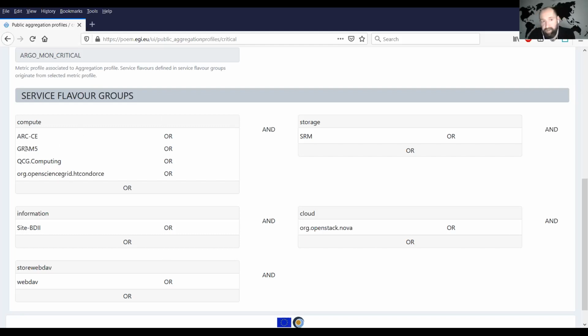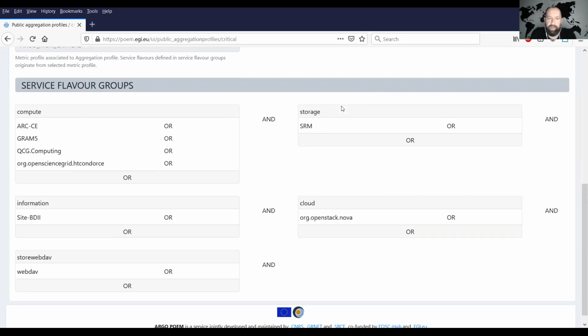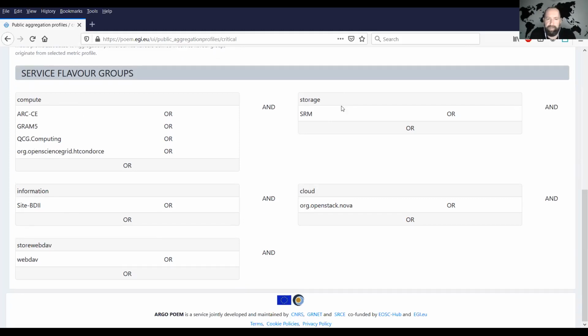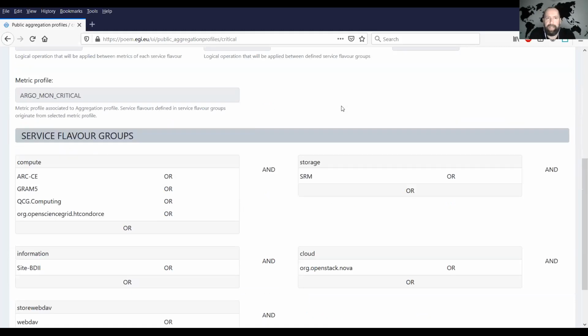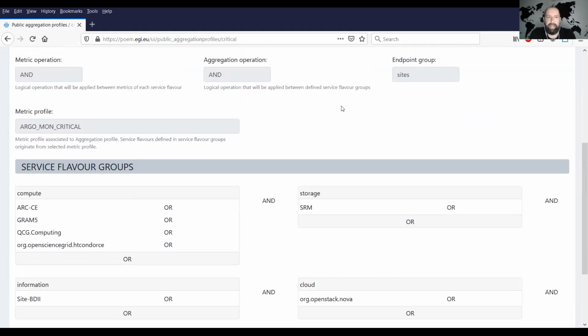So basically, at least one of these and all of these. If the site does not provide any of these, then they are just ignored in the calculation. So this is the aggregation profile.